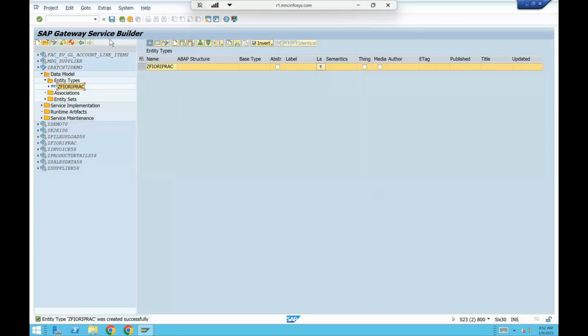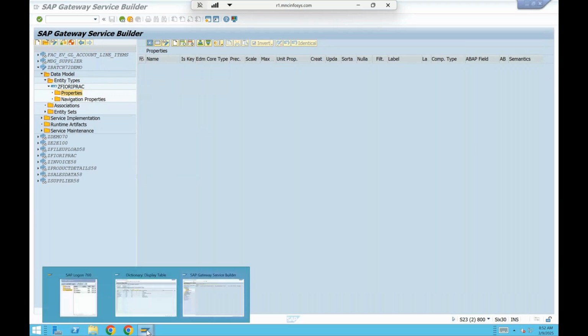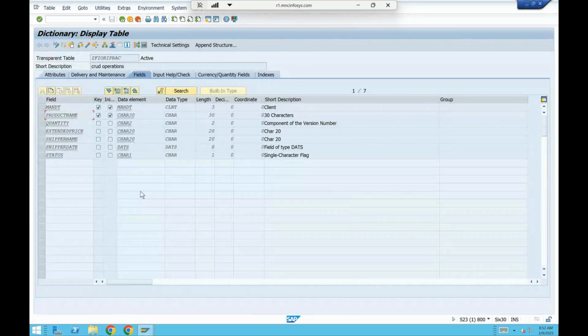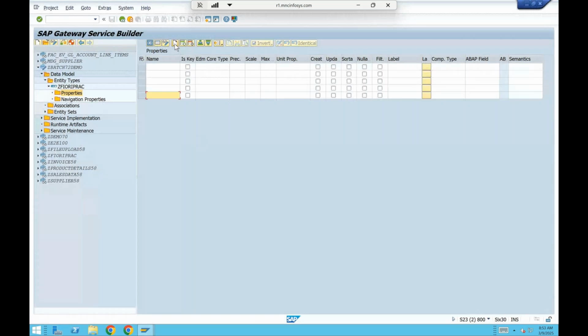Then save it. Then you go to the entity type and add properties, meaning the fields you want to expose, you will add here. I'm just copying this one, then pasting it.